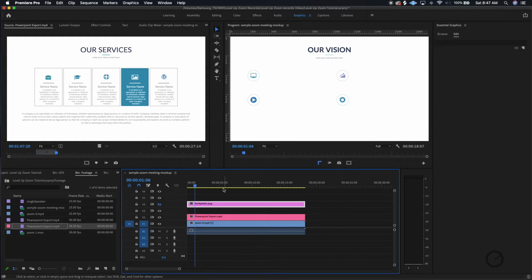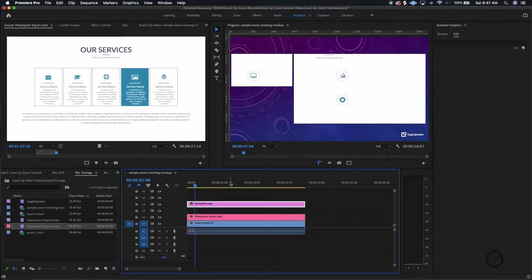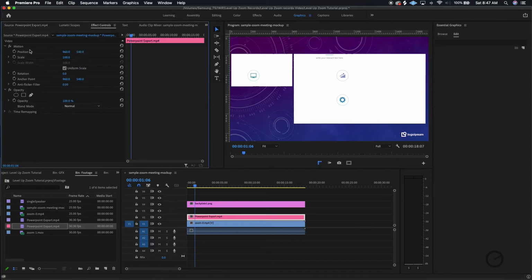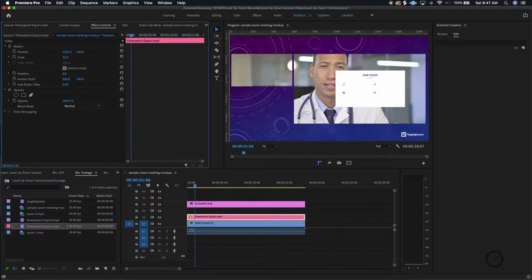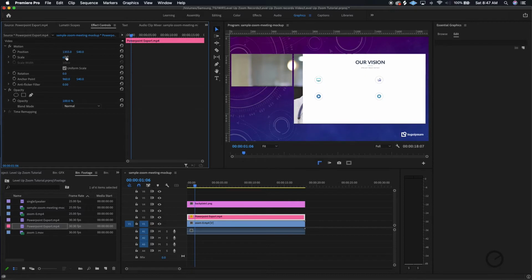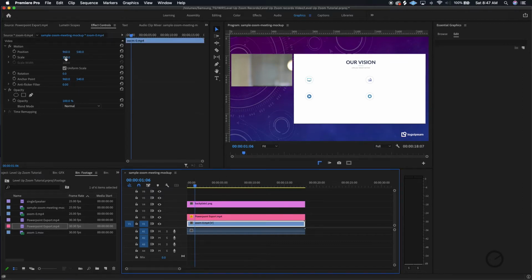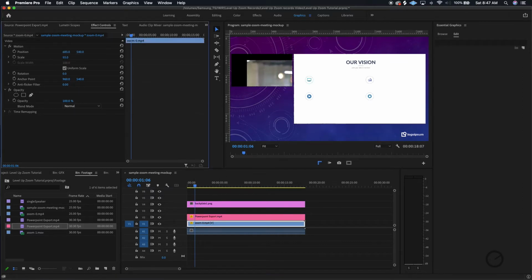And what you want to do is you want to take the graphic overlay that you have created, and you just want to position things in the right location. And you do that by going to the Effect Controls window if you're using Premiere Pro, and you're basically just going to reposition and resize till it fits into the appropriate location, right? And you'll go and do the same thing with your presenter or your speaker. You're going to resize them, move them over, and just continue to resize and reposition until you get them sitting